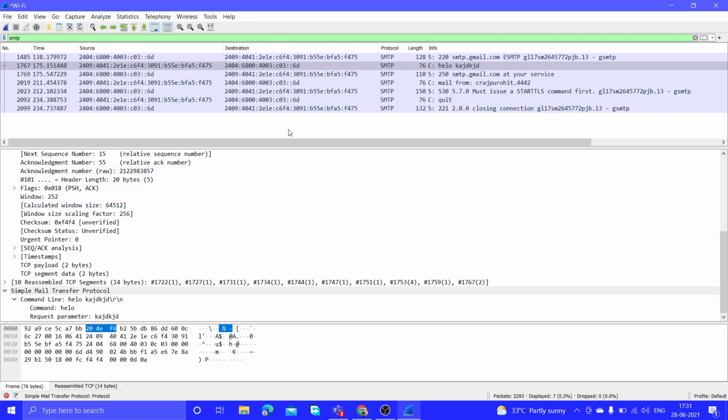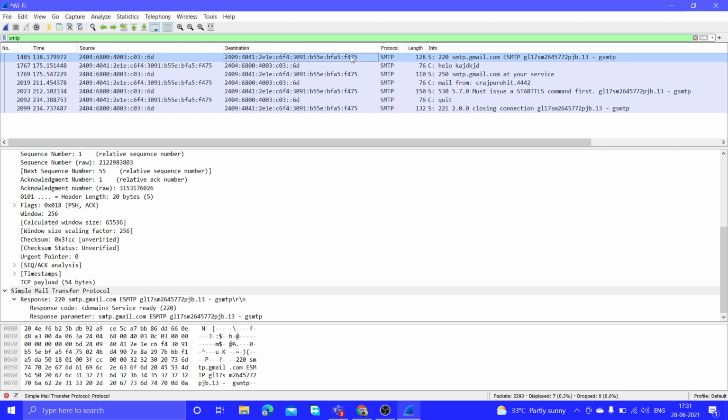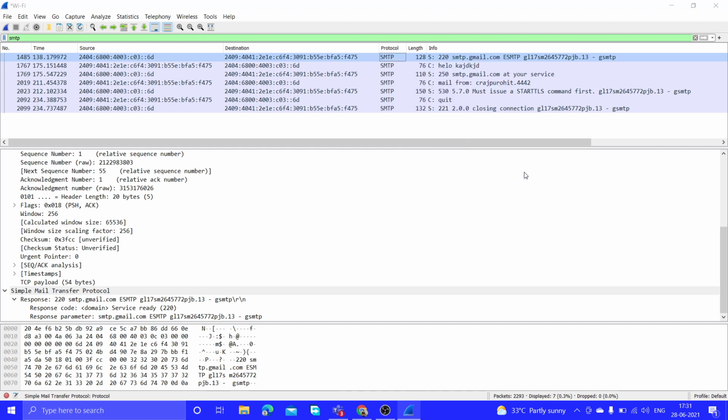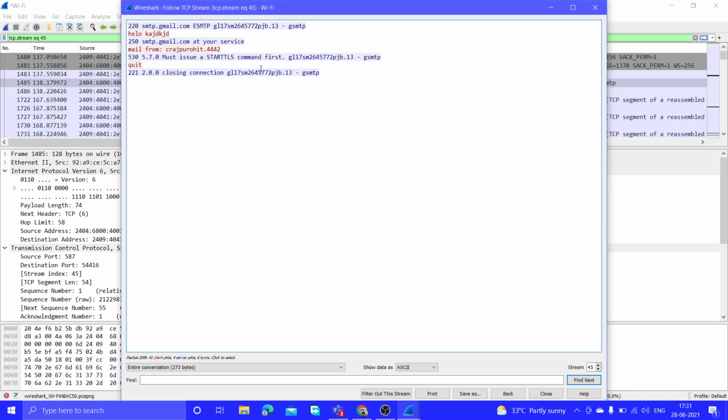Now we'll right click, then click on follow, then TCP stream. This is the window which shows what I have received from the server, and this is the entire conversation that I had.